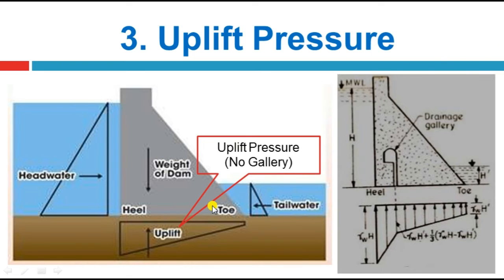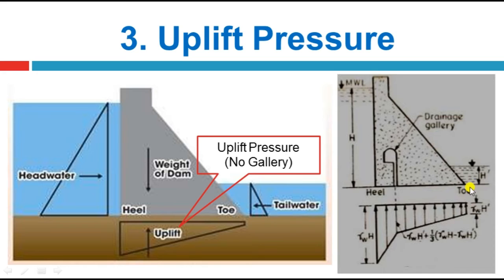Next is the uplift pressure. Uplift pressure is generally the pressure created due to seepage of water. Water seeps through the embankment and creates the pressure. In the diagram, that is the particular height of the dam, that is the minimum and maximum water level, and the total height of the dam. So we have to calculate that pressure as gamma into H, because only the vertical component acts on it, no horizontal component acts on it. So gamma into H, and that is the drainage gallery. So we have to put that formula.